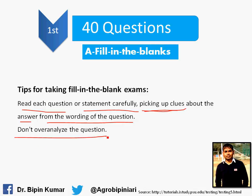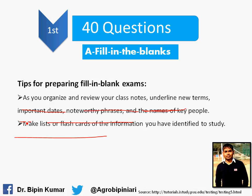Sometimes students start to over analyze the question, so they deviate from the right path to the wrong path. So don't over analyze the question. So how will you prepare the notes when you start to prepare for the exam? Tips for preparing for the fill in the blank type of exam: as you organize and review